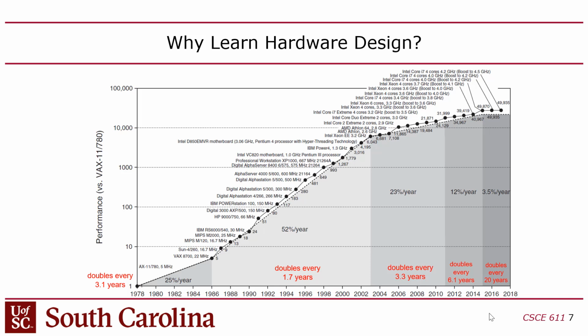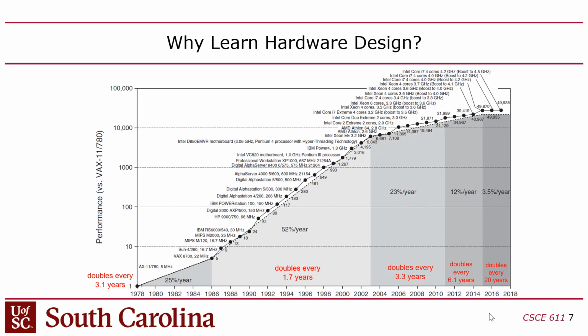And it came out in 1978. They announced it in 76, and I think you couldn't buy it until 78. And so they've normalized all these performances to that. And this is not peak performance. These are benchmark performance. This is actual performance observed by running a benchmark. So you can see, for instance, that like the